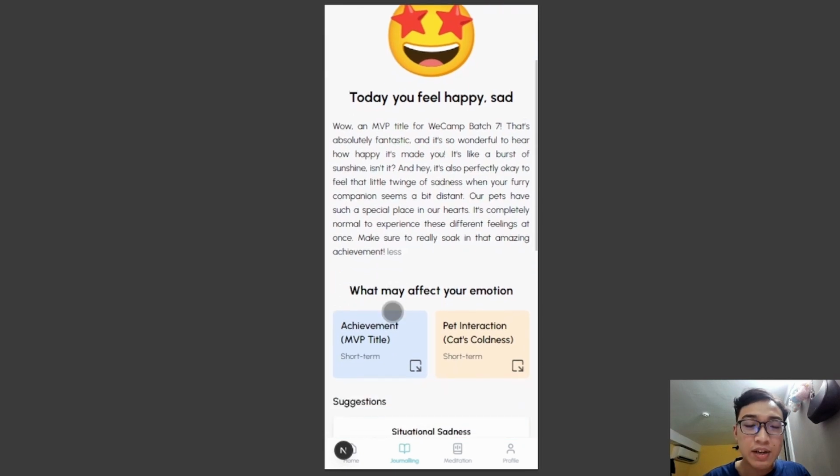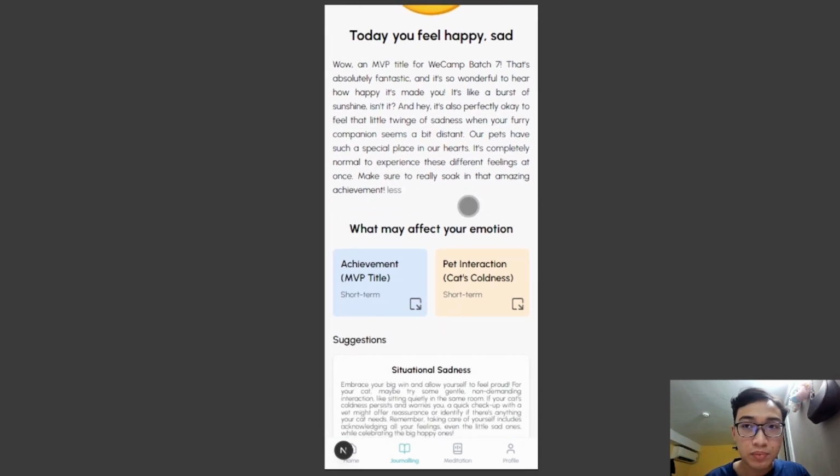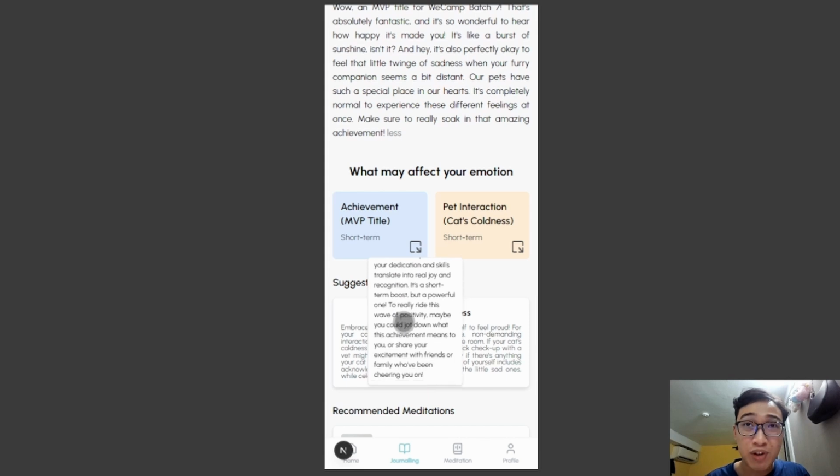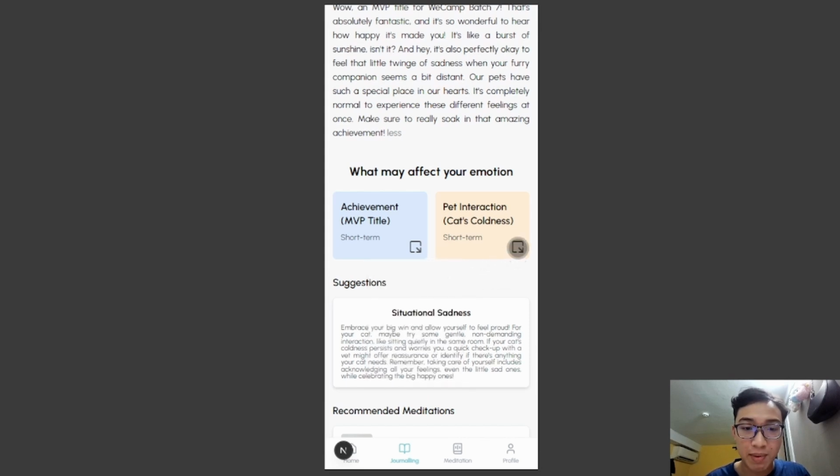Following that, you can see we have the effects on your emotion. The AI will analyze and find what factors are affecting your emotions to let you know about that and have solutions to solve that problem. So you can click here to view it in more detail to understand more about yourself, more about your feelings